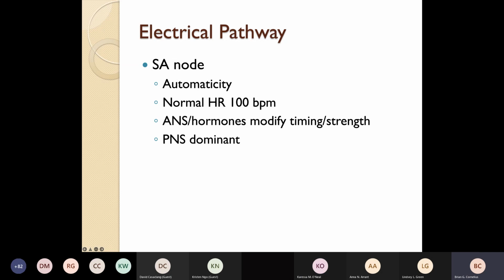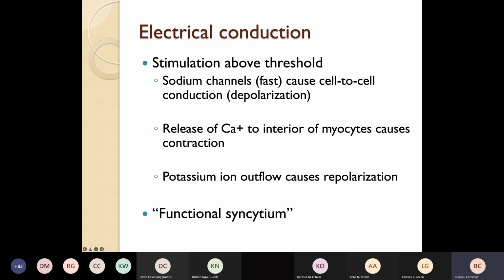So how do we treat vagus nerve overstimulation that's causing decreased heart rate? Atropine. Atropine, exactly. So if you think about atropine, just remember it's a parasympathetic blocker. So it's blocking out that excessive vagal influence. Now, that may not be the reason for the bradycardia, but it is something for you to keep in mind as you start thinking about what may be causing it. So shifting back to the SA node,